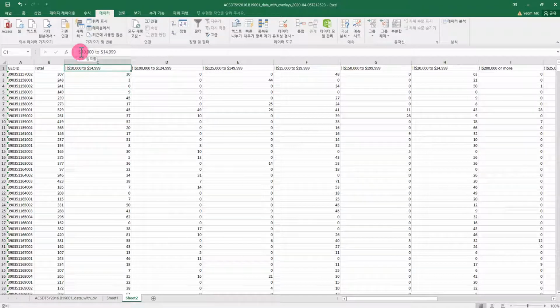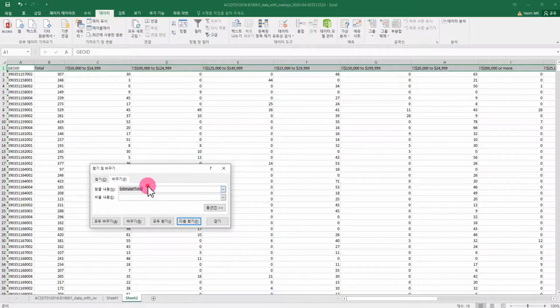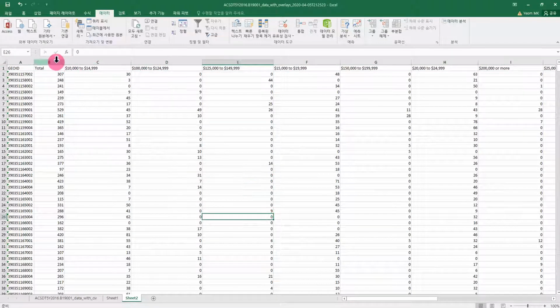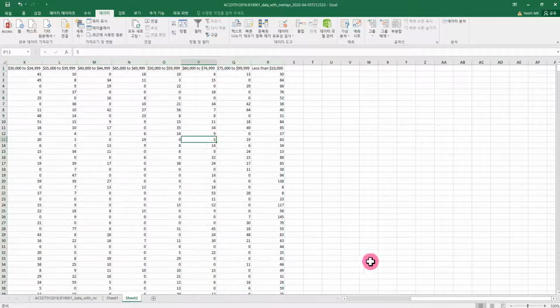So I don't want to see this mark, okay, so I do Control H again. So then I will do this. Okay, so now you need to clean up all the data and then